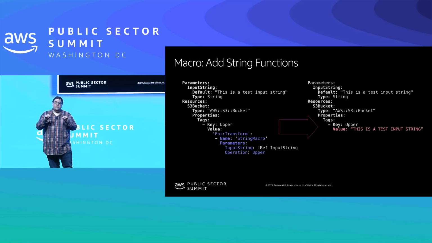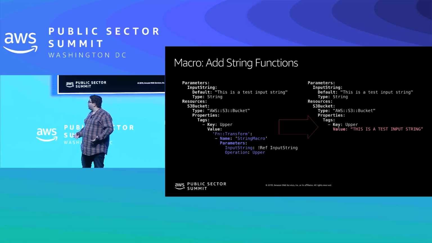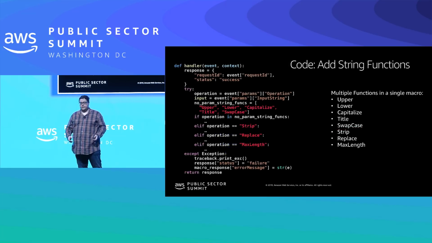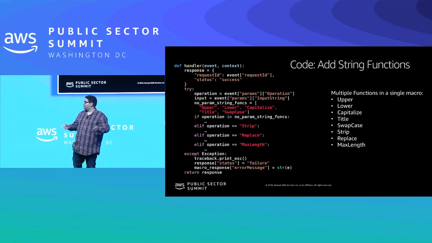And the important thing is, if you look at the input string, we actually ref a parameter. So your parameter will be already resolved by the time that you get it. We have a bunch of them. For example, we do upper, we do lower, capital. Even more, if you want to generate a random jumbled string, you can do that too. We'll give you all the access that you need to do it.